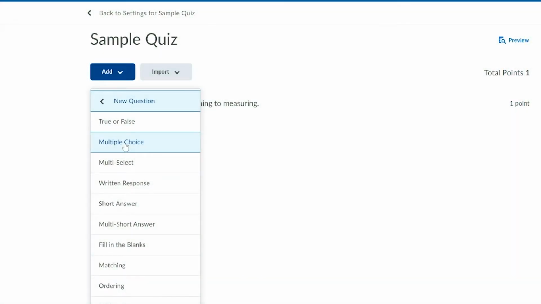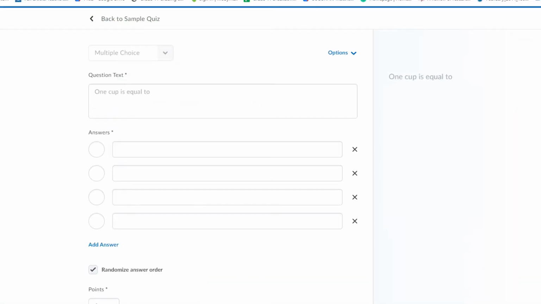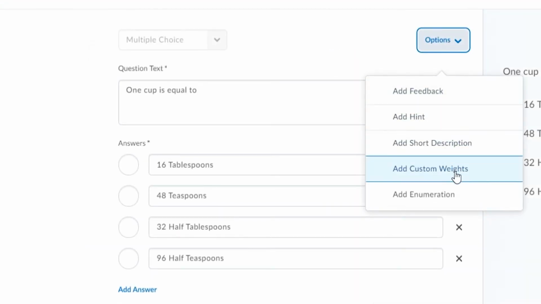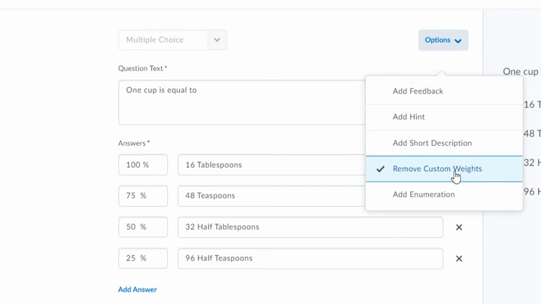To create a multiple choice question, type in your question in the question text box. Enter the choices in the designated fields. Aside from the 4 options discussed earlier, you will see an Add Custom Weights option. When you click this, a field beside each answer will appear, so you can add weight according to the correctness